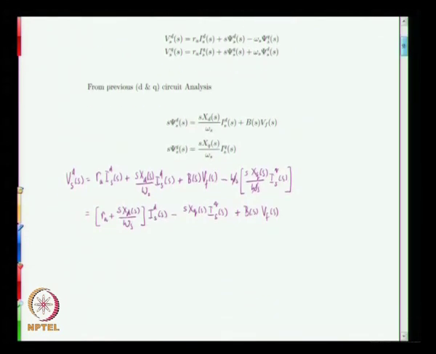So this is what the direct axis voltage equation simplifies to, and then you can write for the quadrature axis